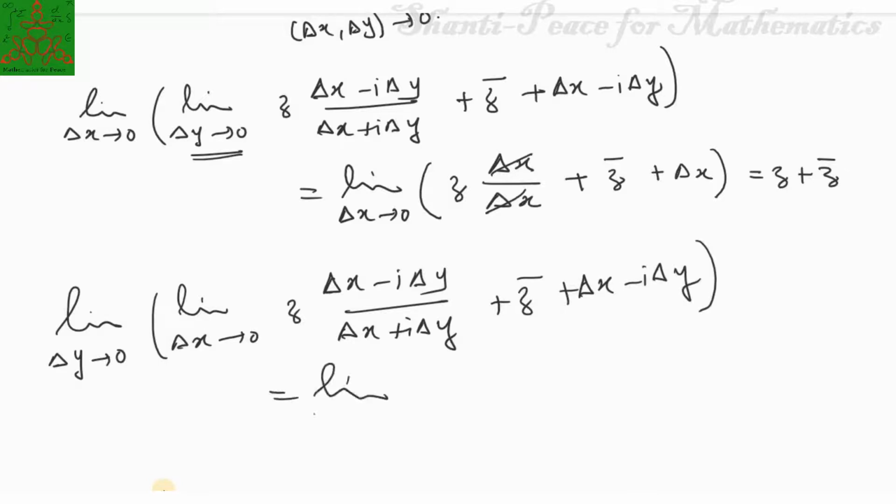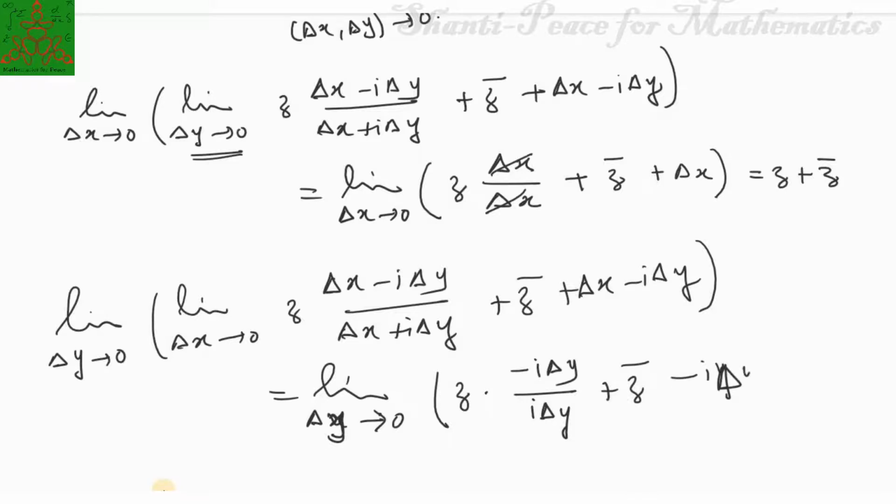This will be the limit as delta x tends to 0, delta y tends to 0, of z into minus i delta y upon i delta y plus z bar minus i delta y. Since delta y will get cancelled out and delta y tends to 0, the answer for this is minus z plus z bar. So when these two quantities are the same, if z is non-zero, these two quantities are never equal